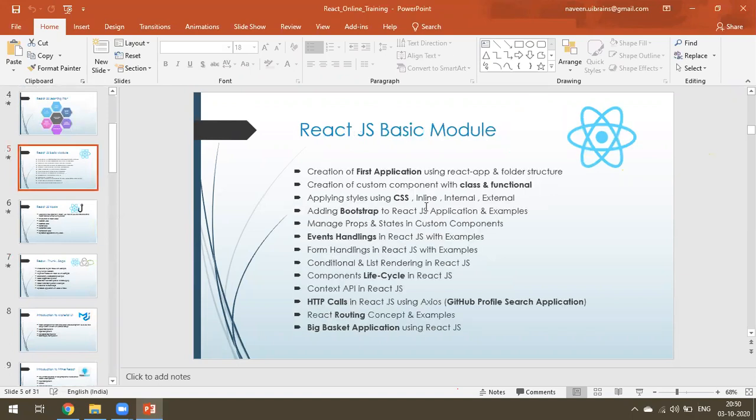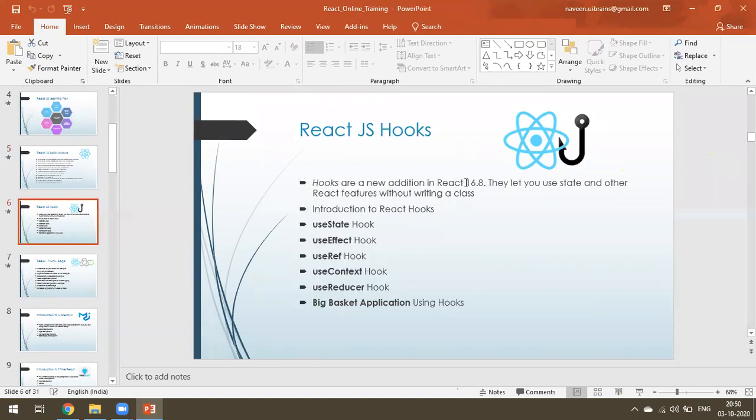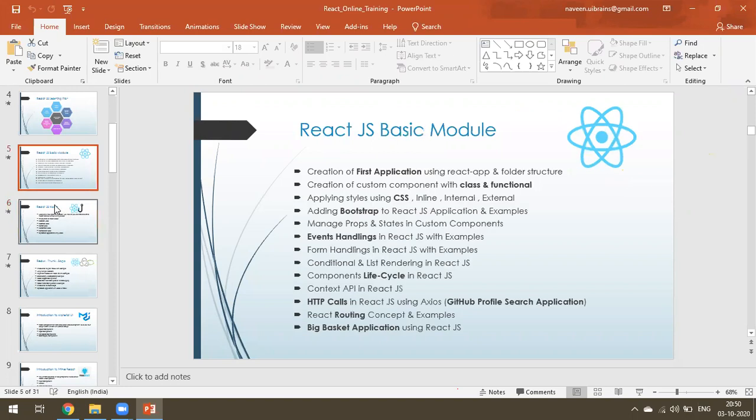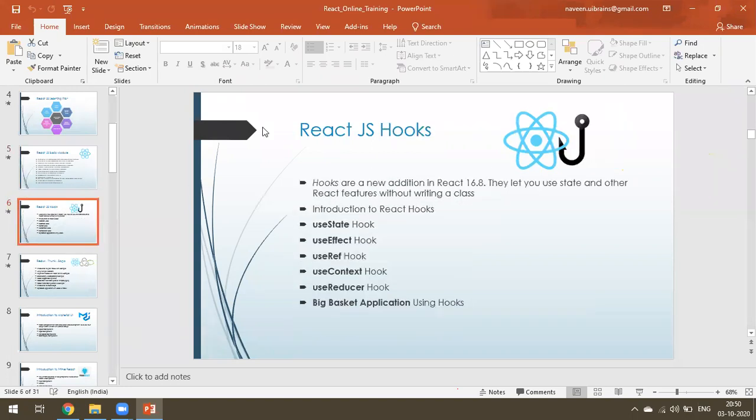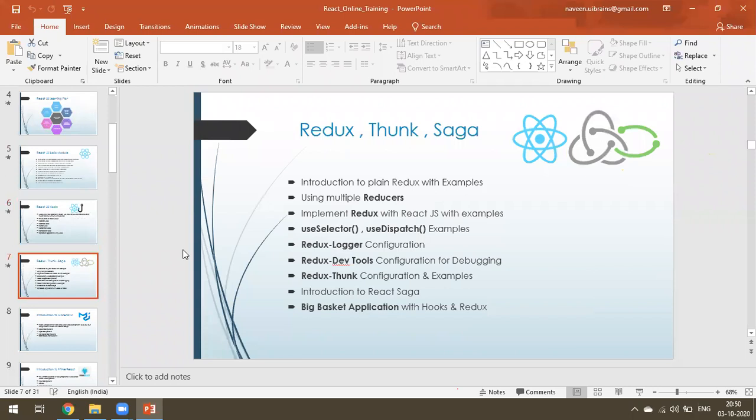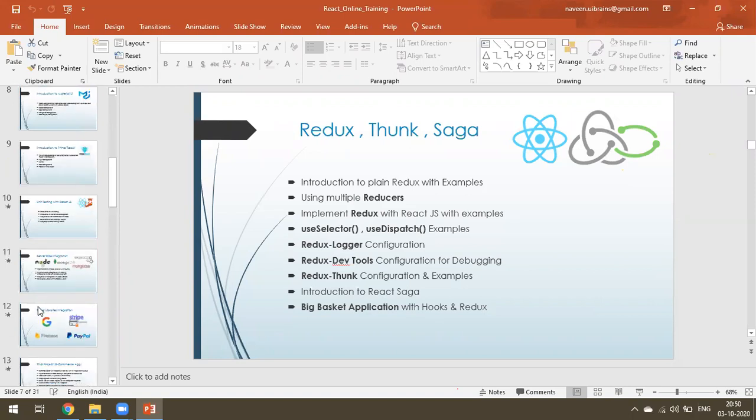Still, many of the companies, even our company, are using class-based components only. The advanced concept is hooks, which came in React 16.8, and it is more convenient to write than class-based. But companies are still using class-based, and even Redux, very few companies are using Redux, and some people only manage with context API. I definitely agree that people started using TypeScript, but I can't say only the combination of React and TypeScript is most popular, because we never know.